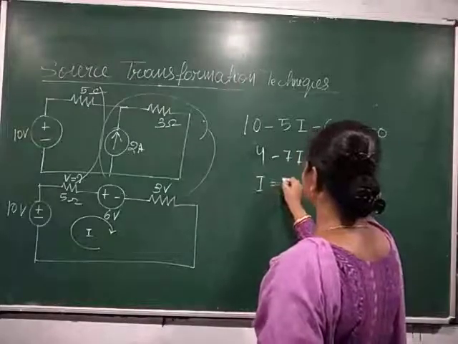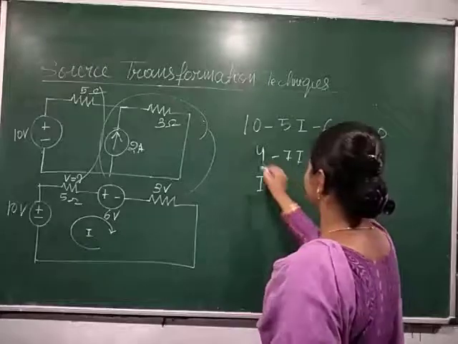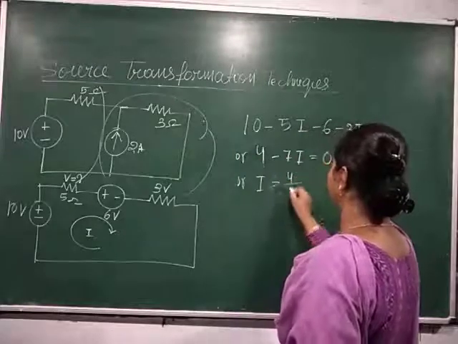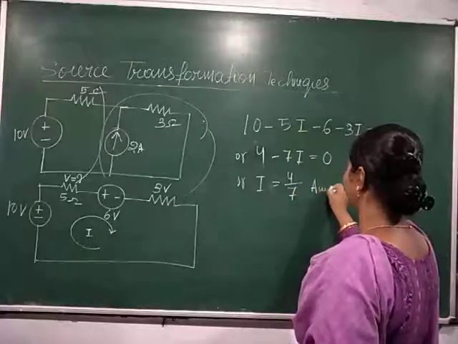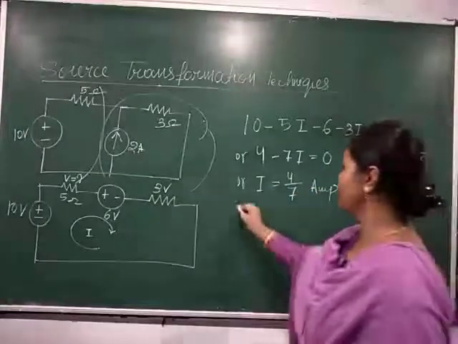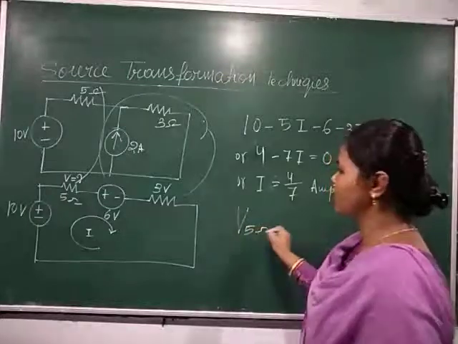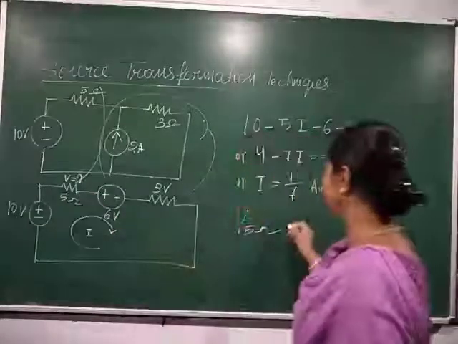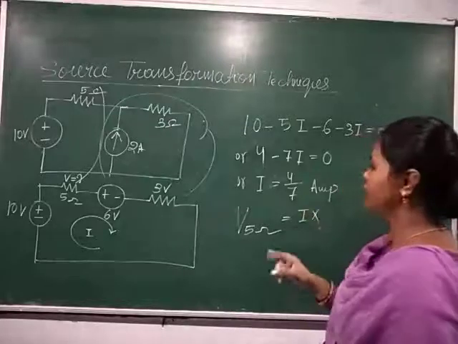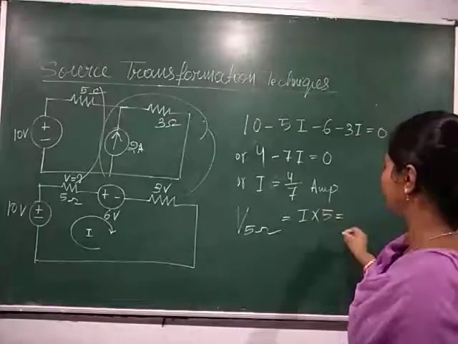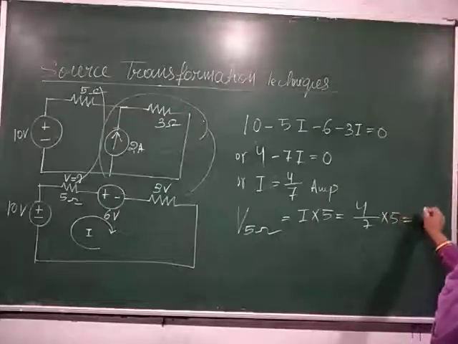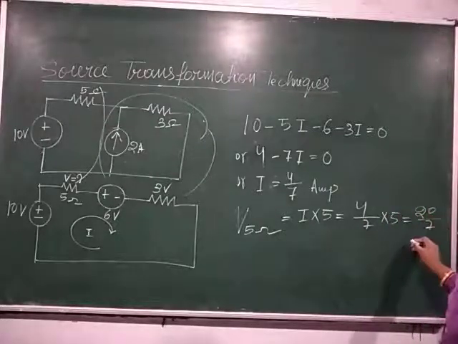So I is equal to 4 by 7 ampere. Once you get I, you can easily find the voltage drop across the 5 ohm resistor: current I into its resistance 5, that is 4 by 7 into 5, that is 20 by 7